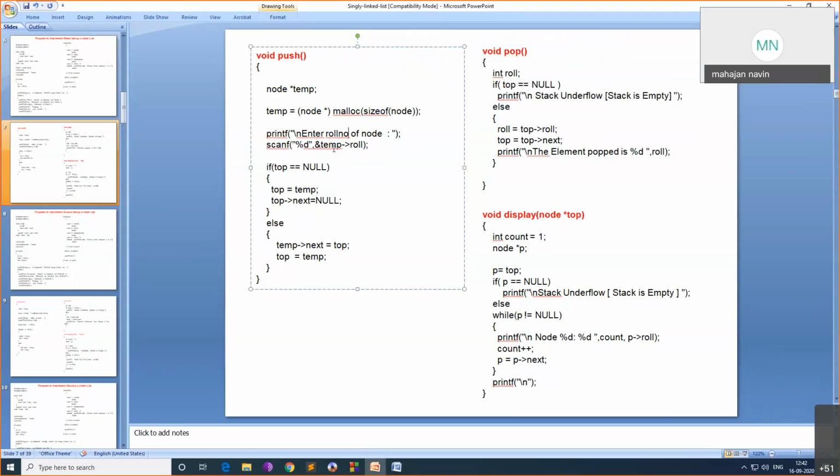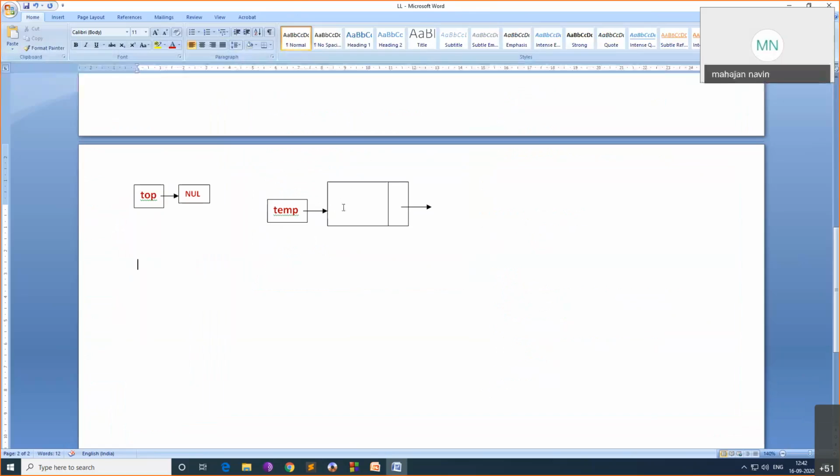Temp of roll number, scanf %d temp of roll number. That means you will store it here. Temp of roll number is this, temp of next is the pointer. Suppose my roll number is 10. Temp of roll number will become 10. In our case, data is roll number and this is a pointer.